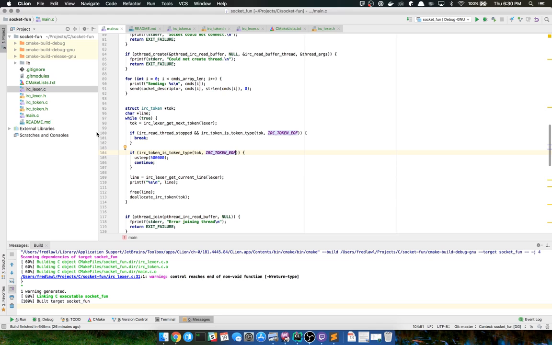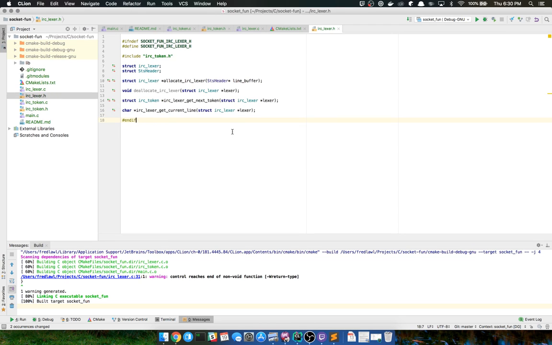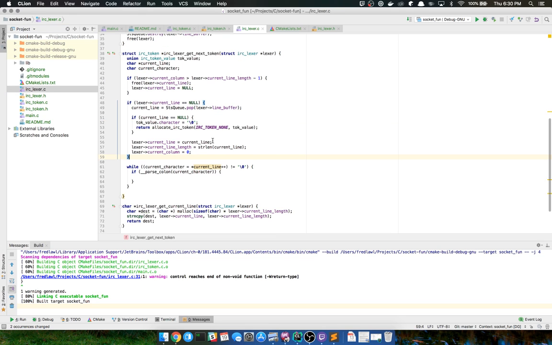But I'm going to change that from EOF to EOL because that makes more sense. So bear with me. EOL. All right, that should update that. Token none. So I'm going to change this to token EOL, and then that's a perfect character to note the end of line.